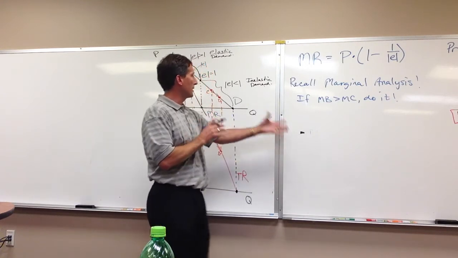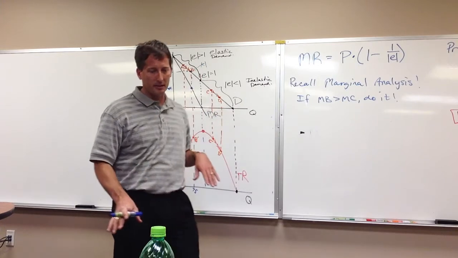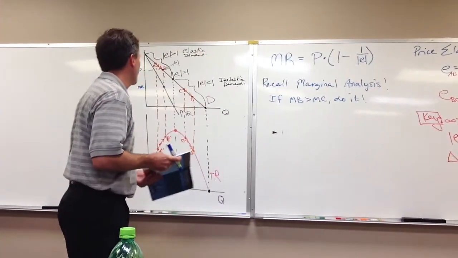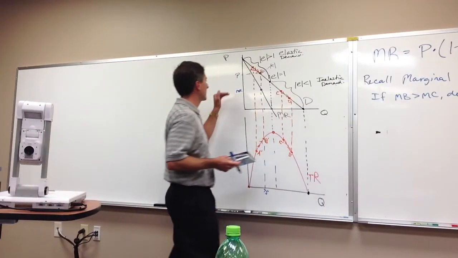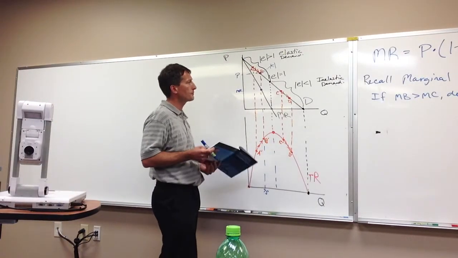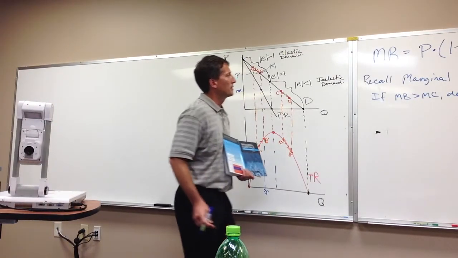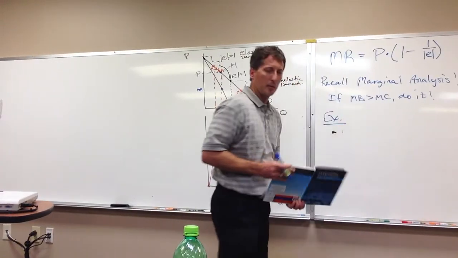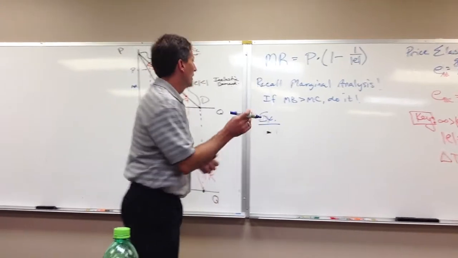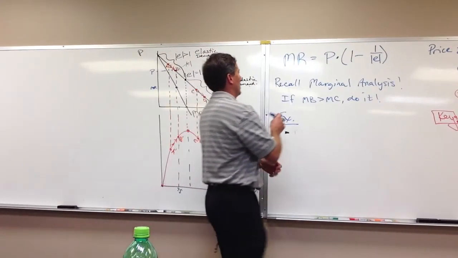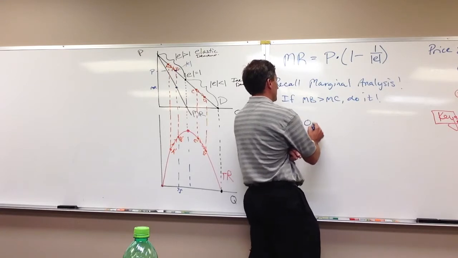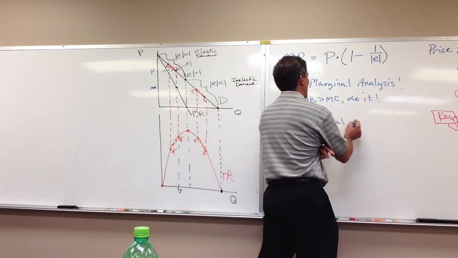Well, now tying this back to this chapter and these numbers that we're doing, we can start to think about how our revenue and cost are doing. So, for example, our optimal quantity